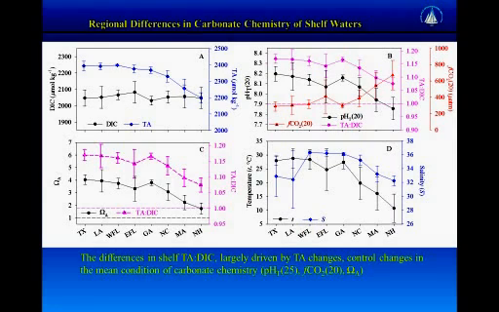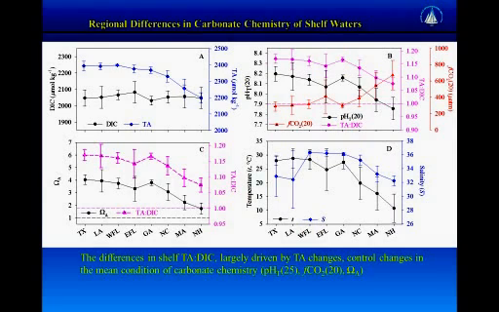Because of this pattern, the TA to DIC ratio generally follows the TA pattern, with a little exception maybe east of Florida, where a small upwelling event occurred during the cruise. Other than that, it basically follows the alkalinity pattern, so it's relatively high in the south and low in the northeast. Because of the prediction power of this ratio, the aragonite saturation basically follows this pattern,